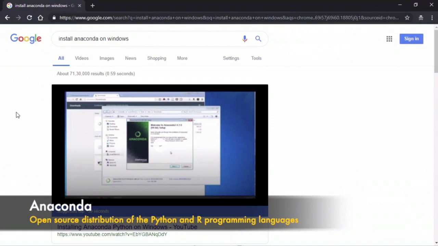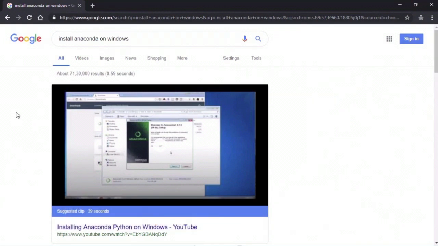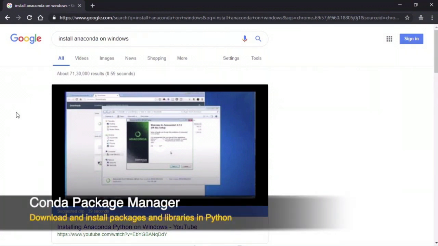When we use the Anaconda distribution, not only do we get the Python programming language, we also get a package called Conda. Conda is what is termed a package manager. Now, you might be aware that when you're working with Python, you have dozens of libraries that you can use to solve common problems. These range from very complicated libraries for machine learning and data science to simple libraries for array manipulation to libraries that allow you to download content from websites, scrape the web, etc. The package manager is what allows you to install these libraries easily. It does all of the difficult, heavy lifting for you behind the scenes.